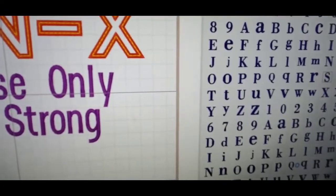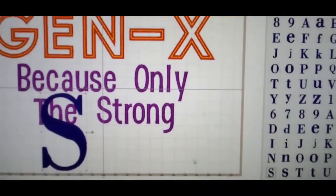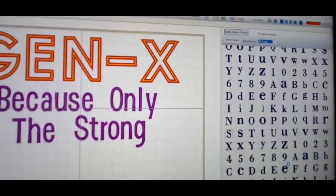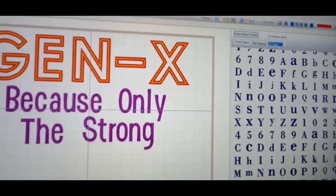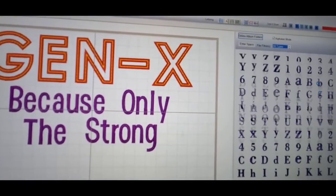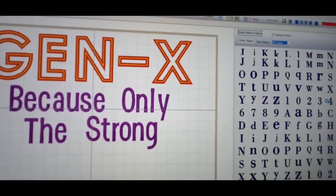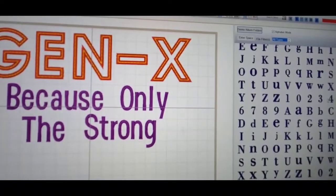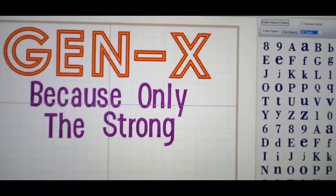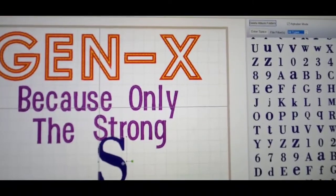And I'm literally just scrolling through here. That is definitely too big. And I am just scrolling. That's too small. So let's go back up to the top, because there are a few different sizes here. And you could very well just go back to that file, merge, and find the letter that's in the size that you want to see if it'll work. Okay, that's the one that I said was too big. Okay, let me set this S right here,